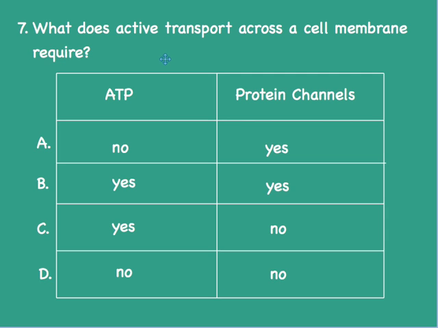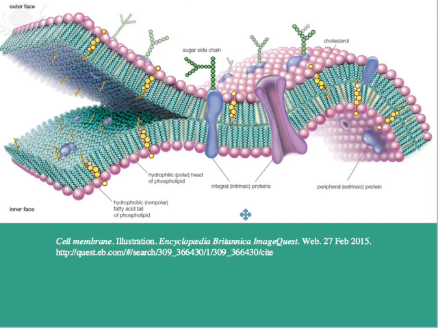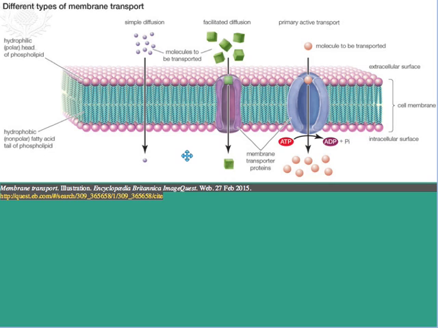What does active transport across the cell membrane require? Considering first the diagram of the fluid mosaic model of the cell membrane, we can see here a transmembrane protein, referred to as an integral or an intrinsic protein, as opposed to peripheral or extrinsic proteins. These transmembrane proteins have a role to play in facilitated diffusion, providing a channel for certain molecules to move along